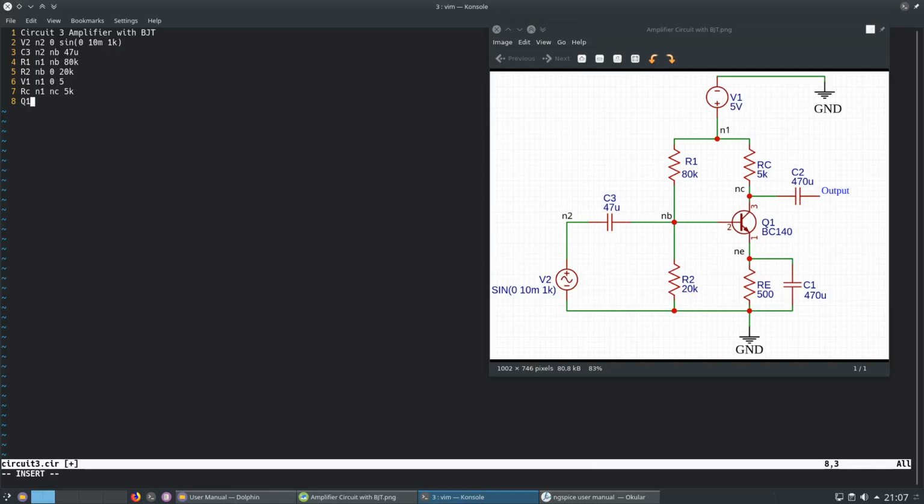So let's call this Q1, Q for transistor BJTs, and M for MOSFETs also. I'd like to mention it. NC, NB, and NE. And let's say it is mod 1. Let's call it mod 1. What we didn't mention here, these ones. So let me type them. NE